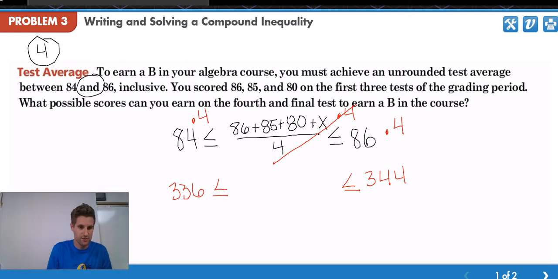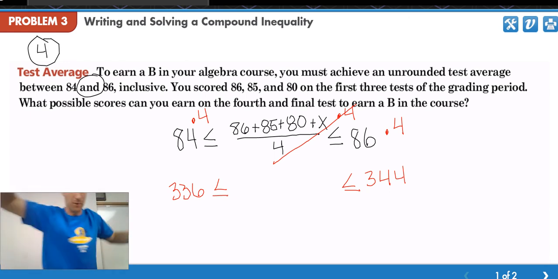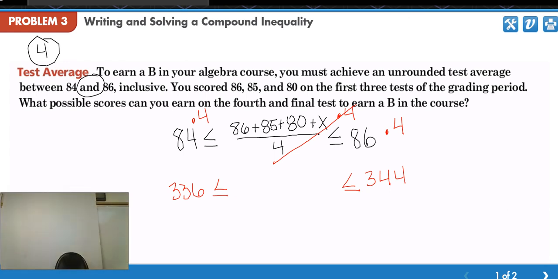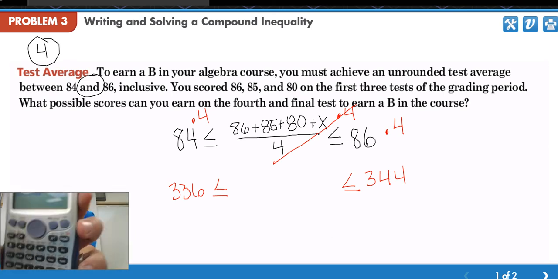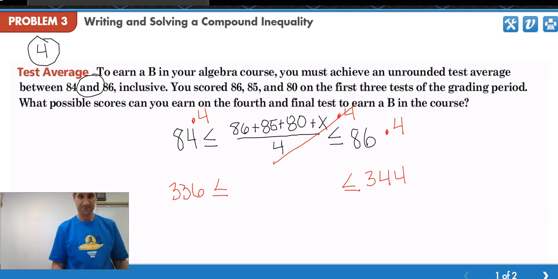Next, I should probably add these three numbers together. So 86, oh, the lights went out on me. 85 plus 80. I'm going to try and get it back on. Hold on 1 second. Haha, they're back on. Okay, so I'm going to add up all of them. So I'm just adding the 3, and we get 251. So these 3 added is 251